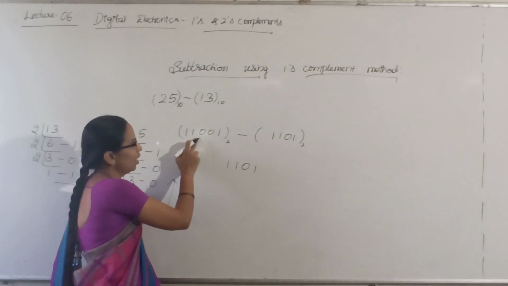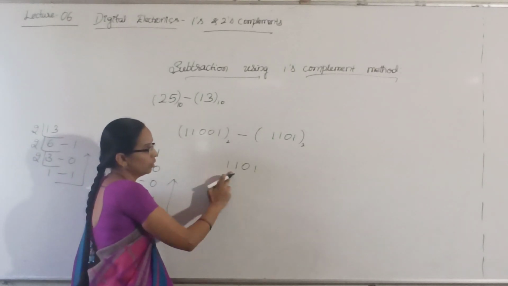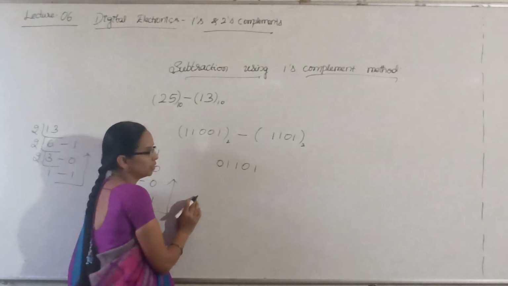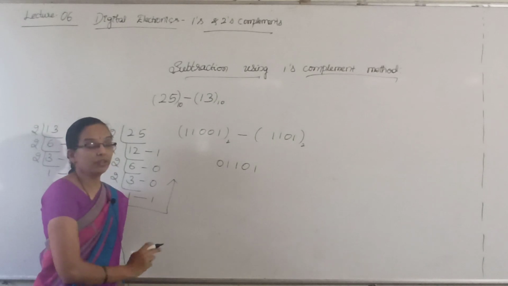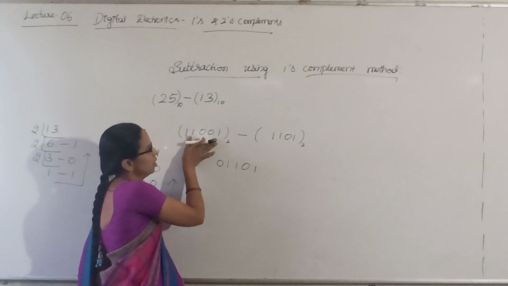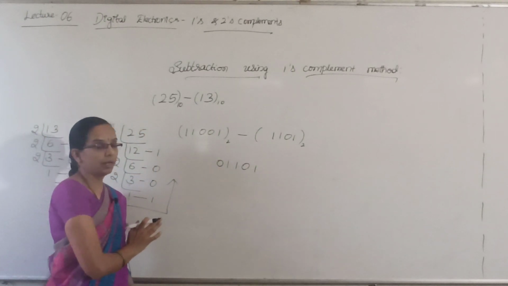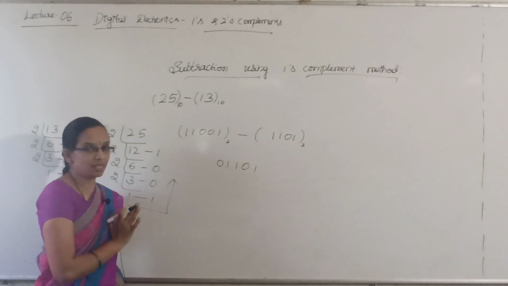Here we have a minuend of 5 digits, whereas here we have only 4 digits. So make it 5 digits. How? Put 0 in front of the number. That will be 5 digits. You have to make this so that the number of digits of the subtrahend and minuend are the same. The number of digits given for the subtraction should be the same.